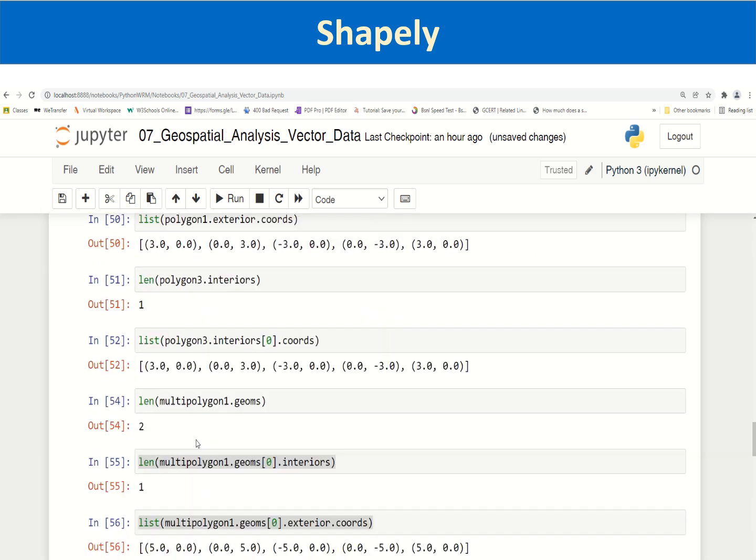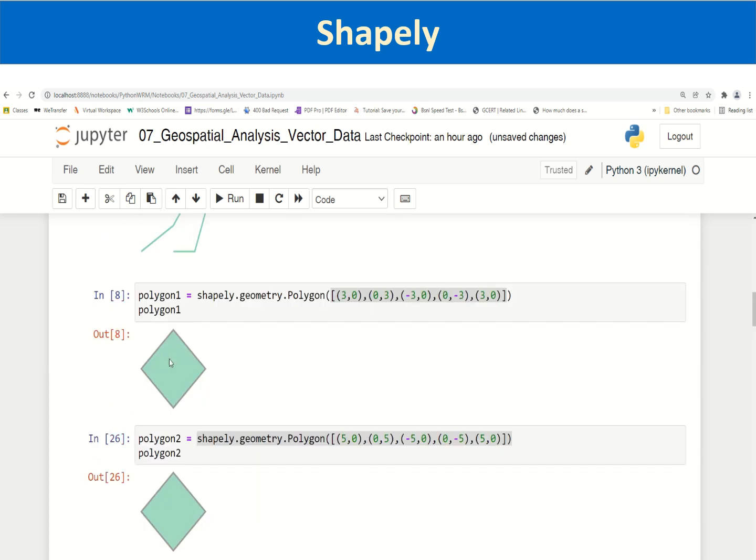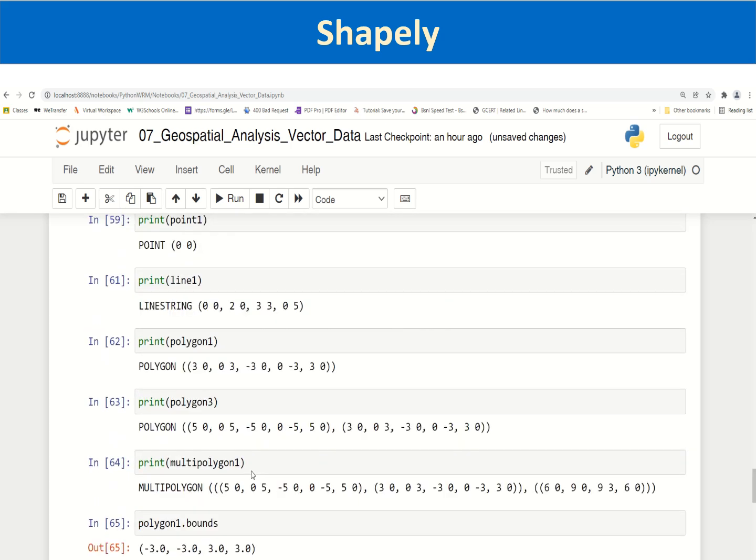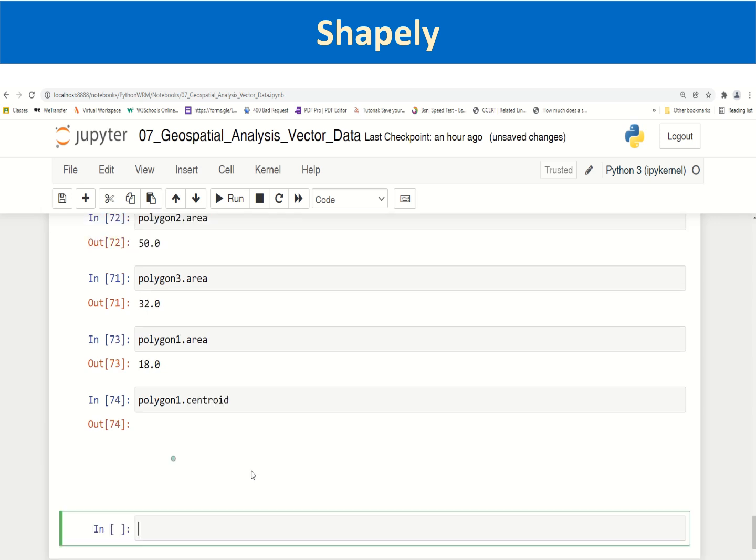Since polygon 1 is defined with coordinates on the x-axis and y-axis on either side, the centroid should be 0, 0. We can check it. I think you have to list it out. It creates a geometry. The operation of dot centroid has created a